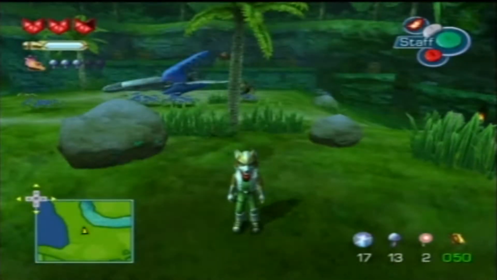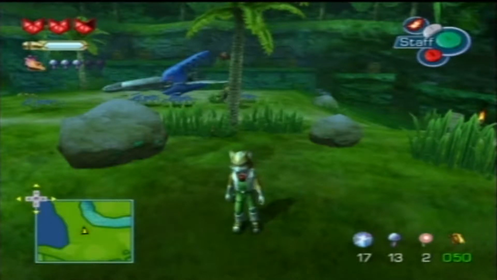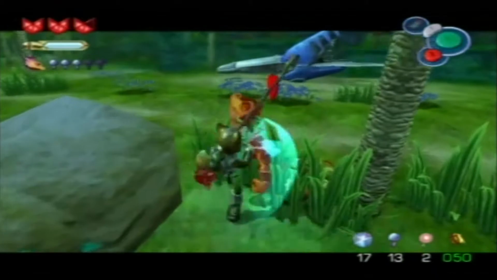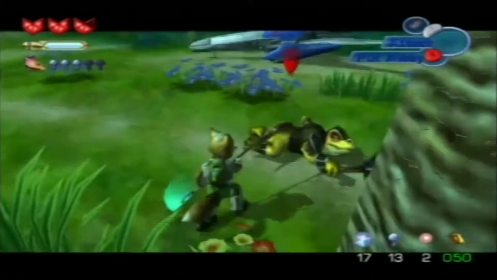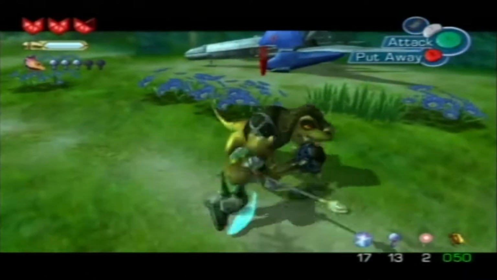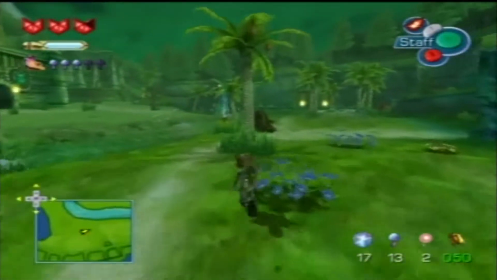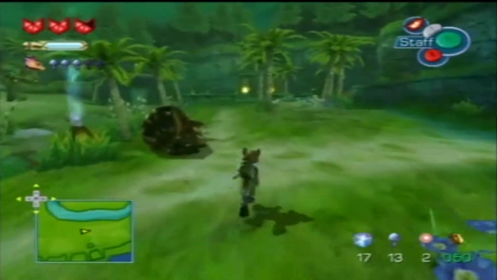Hey guys, it's me, Double D, with another episode of Star Fox Adventures! Last time, we rescued Prince Tricky, and how dare you interrupt my intro! Last time, we rescued Prince Tricky from the Sharpclaw and brought him home from Snowhorn Wastes. This time, we're gonna be going towards the...